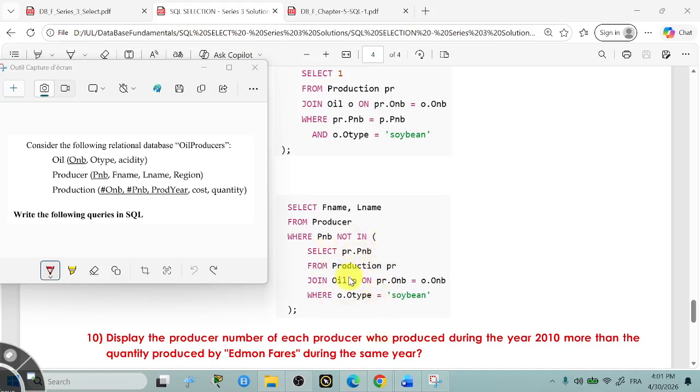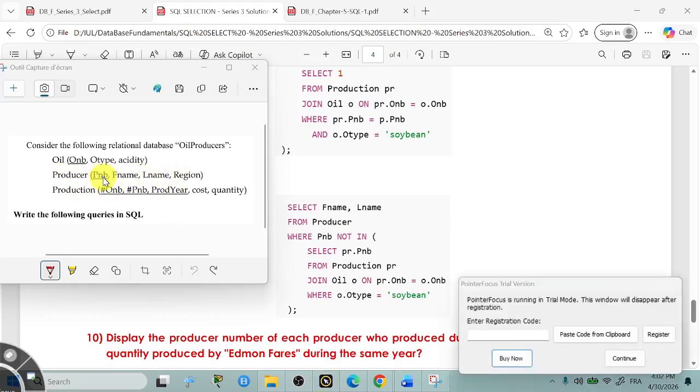This is more easy. Why? Here what he did: first of all, inside this, select pr.pnp from producer. We are choosing the producer here that